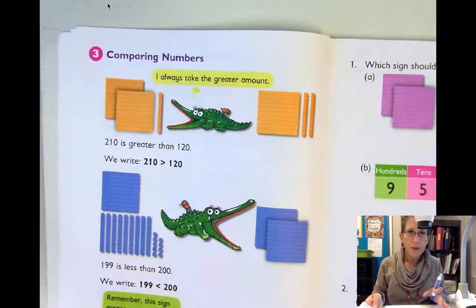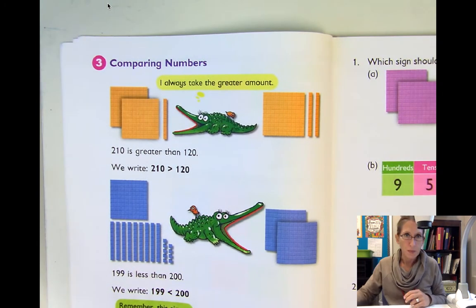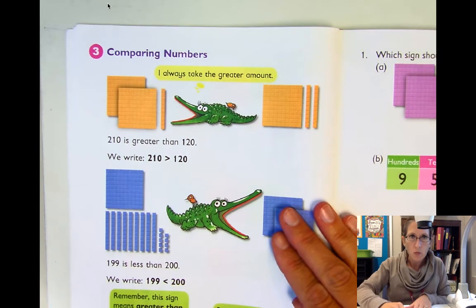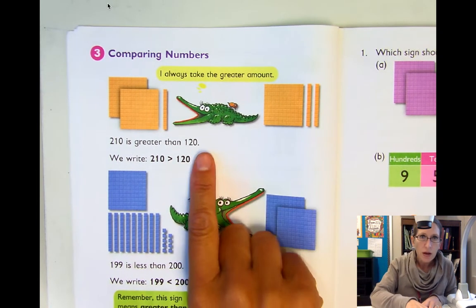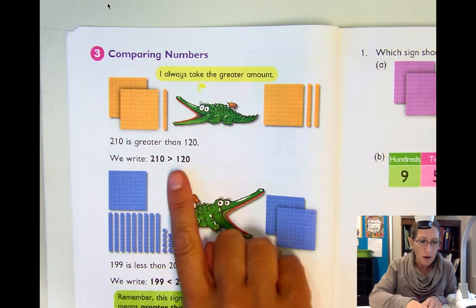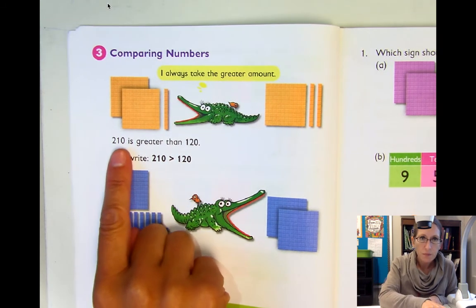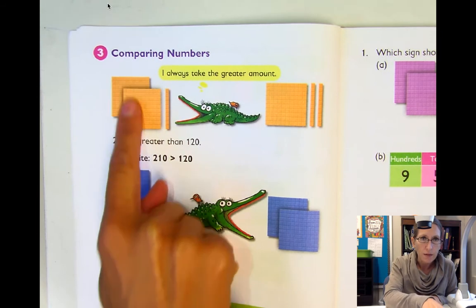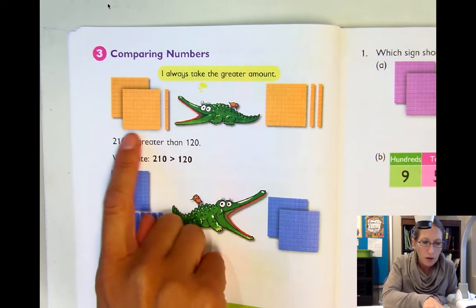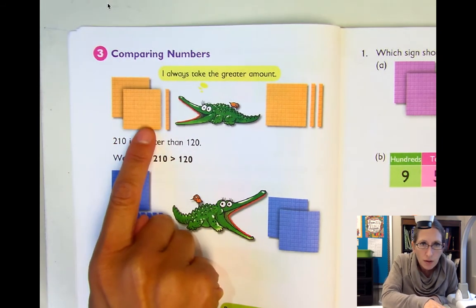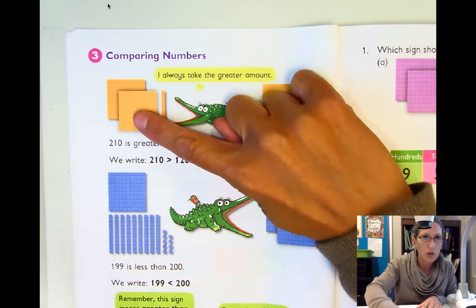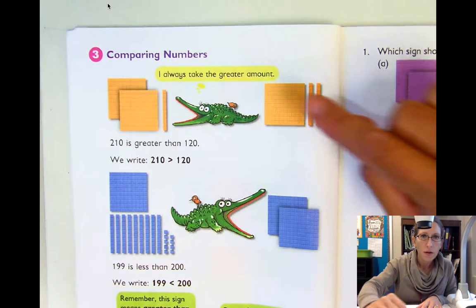Alrighty, so let's take a look at some bigger numbers, because we all know that 5 is bigger than 3. That wasn't very challenging, was it? Come on, Miss Taylor, give us a little more of a challenge. All right, so here we have some bigger numbers. Now we have on this side the number 210. So here, each of these squares is 100. If we wanted to count them up, there's 100 little squares there. And then this is a 10. So here we have 210 over here. And then over here we have